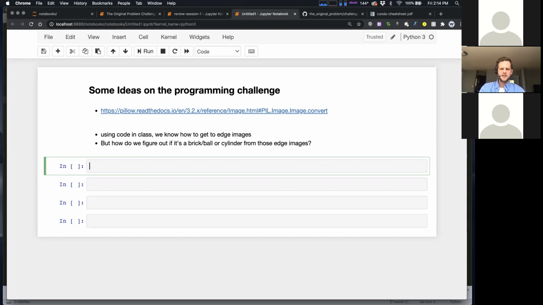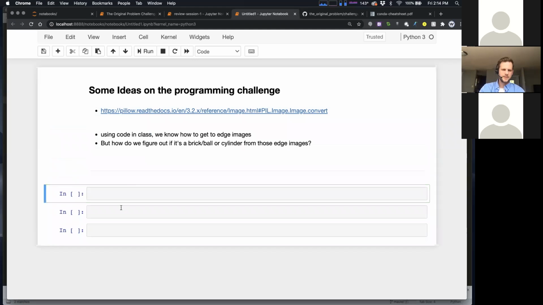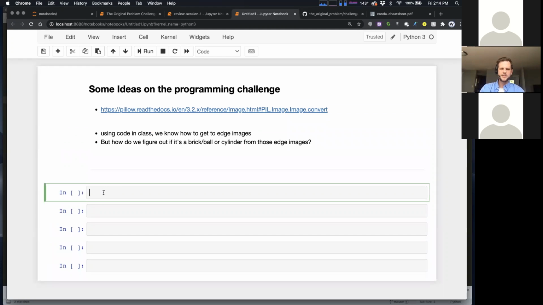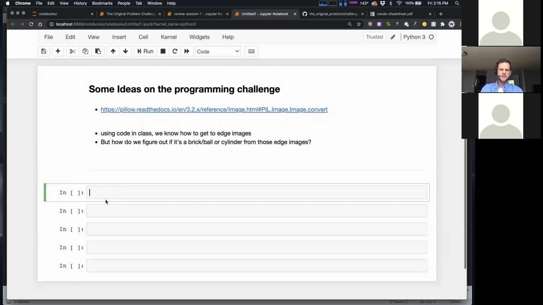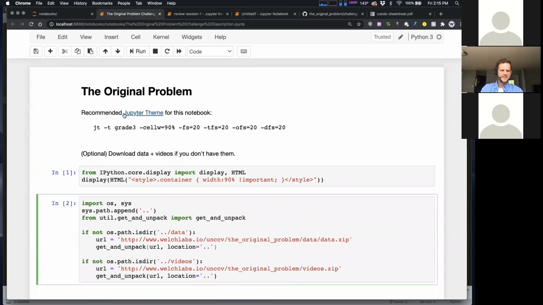Okay, so there's lots of different things you can do, right? There's many different ways to solve this programming challenge, but let me start to get you thinking a little bit, Ravina. Here's one idea that I kind of like. It involves a little bit of thinking, but let me just throw out one idea. This won't fully solve the programming challenge, but it's one idea that I kind of like. And I guess really I'm going to need some code to show you this. So let me go ahead and import an image or two real quick.